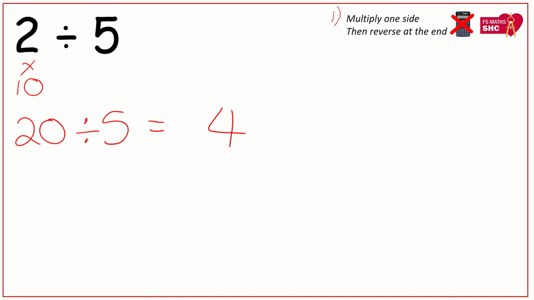But that's not the right answer. So step 2 is to then reverse the damage that we did. So when we times it by 10, now we've got to do the opposite and divide it by 10. So 4 divided by 10, imagine the place value is on the right hand side and it moves to the left one. So we end up with 0.4, and that is the answer